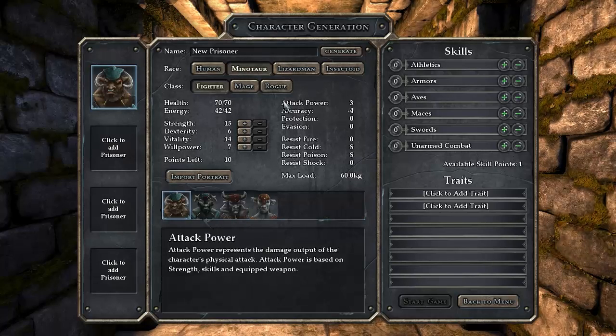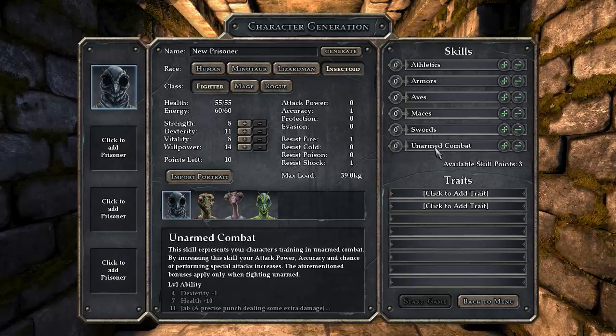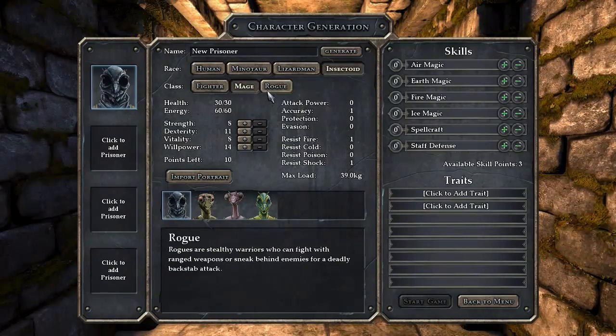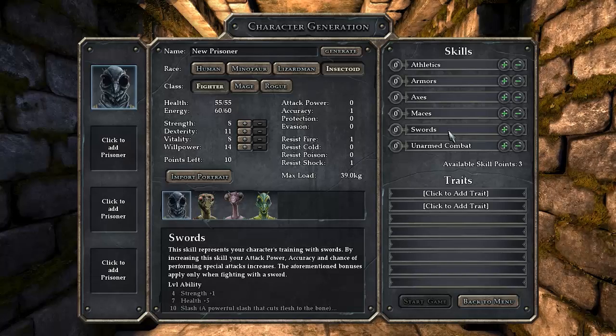The Minotaur just gets 1, the lizard men get 3, and the insectoids also get 3. Now each class has access to 6 different skills. The fighter, the mage and the rogue all have different skills, and this means that you can really focus your characters in a very